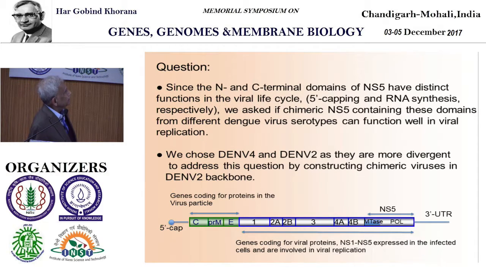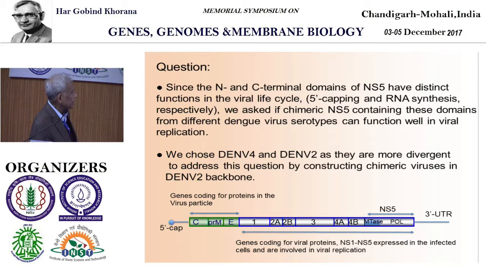Since NS5 has a distinct function in the virus life cycle, 5' capping as well as RNA synthesis, we asked if chimeric NS5 containing these domains from different dengue virus serotypes can function well in viral replication? Even though these virus serotypes evolved from a common ancestor, these proteins are designed to function in replication of that particular serotype RNA. Can you mix and match